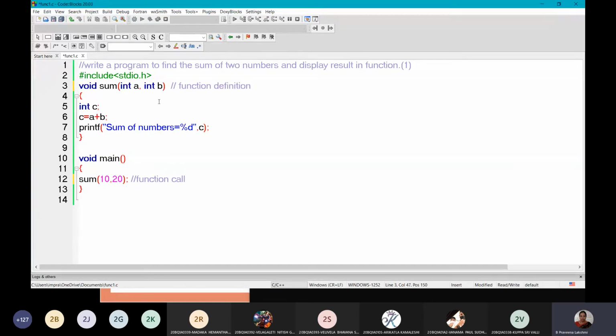It goes directly to the sum function, and A is stored with the value 10, B is stored with the value 20. Here it creates C equals A plus B, so it adds the value in A and the value in B, that is 10 plus 20, 30, and it gives a printf message: sum of numbers percentage d, that is 30. After printing the value, it closes the function and comes back to the main.